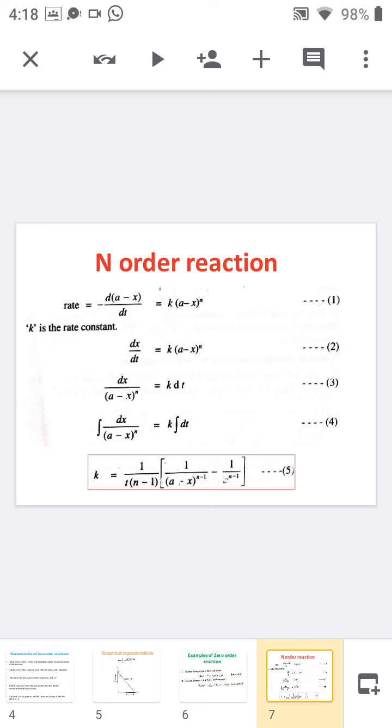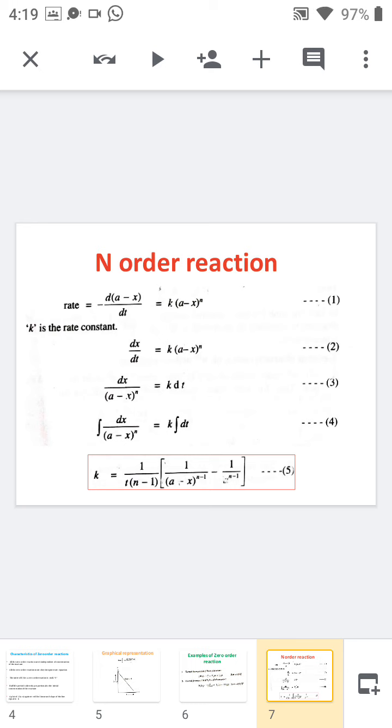Rate is equal to minus d(a minus x) by dt, that's equal to k into a minus x whole square. Sorry, a minus x whole to the power n. So dx by dt is equal to k into a minus x to the power n. We have to move the a minus x raised to the power n term to the left hand side and dt to the right hand side. So our equation becomes dx by (a minus x) whole to the power n is equal to k into dt. If we integrate,